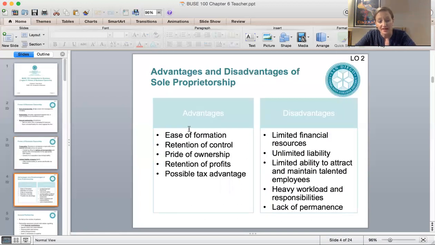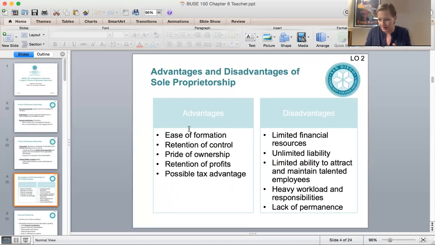Okay, advantages and disadvantages of all the different forms of ownership. Advantages of sole proprietorship: it's easy as can be. You retain all the control. You have pride of ownership. You get to keep all the profits. There are some tax advantages. But you can't raise funds. You have unlimited liability. People don't want to come work for a sole proprietorship